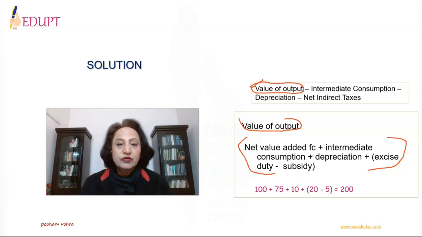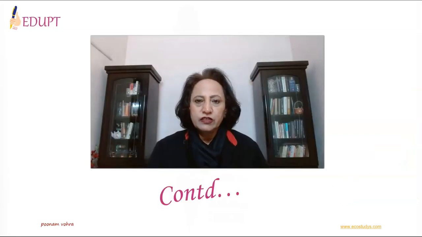Next step is to substitute its numerical values as given in the question. These numerical values are 100 plus 75 plus 10 plus 20 minus 5, which is 200. This is the value of output. I hope you have understood